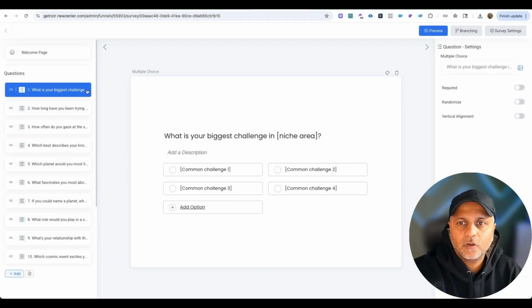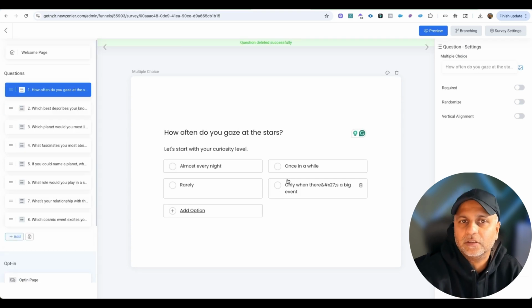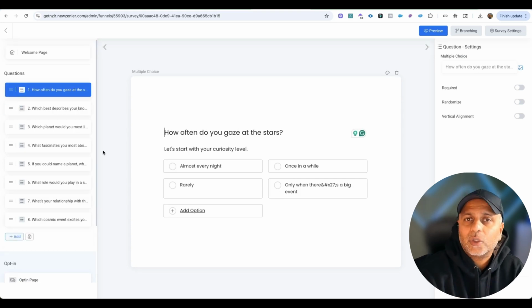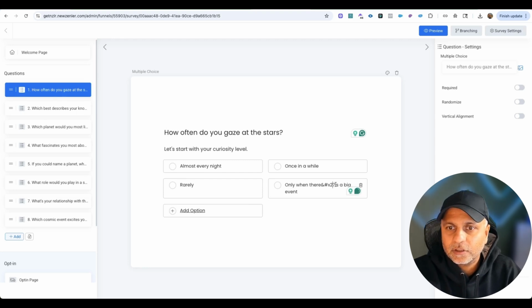So then I can go and delete these 2 questions that I don't need anymore. Those are the out of the box questions that Zenler just puts in there because they want something to be in the survey. All right, now my survey questions are in, but you will notice something that whenever there is